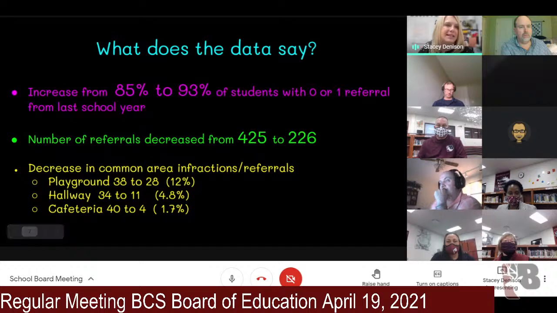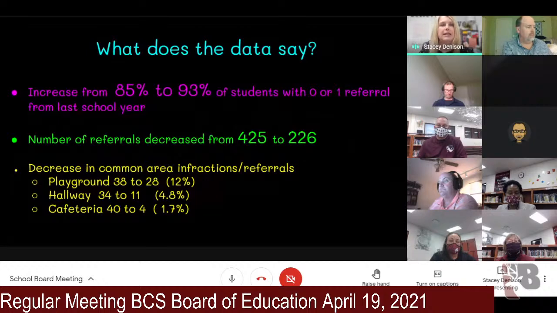So what does the data say? Are the efforts we're putting forth working? And I am just highlighting, I could have done 20 slides of interesting data. We use a system called SWIS, which is School-Wide Information System, to track our behavioral infractions of students. And this system allows us to monitor infractions so we can really drill down to specific types of infractions, time of day, the areas within the school system. So there's lots of ways that we can pull reports, but these were the top 3 that I wanted to